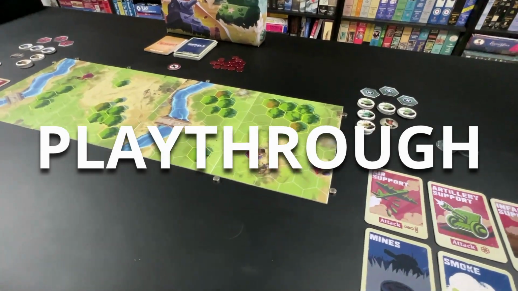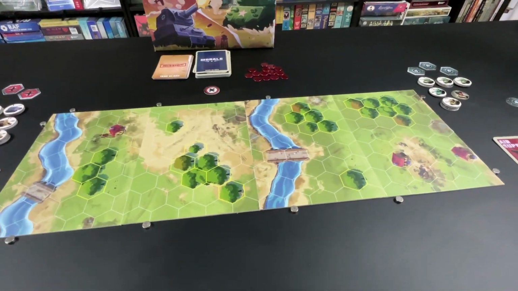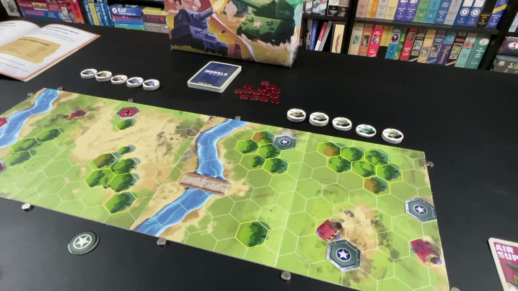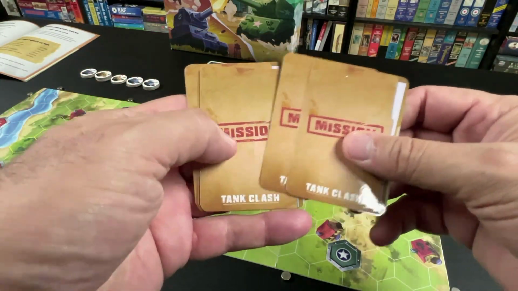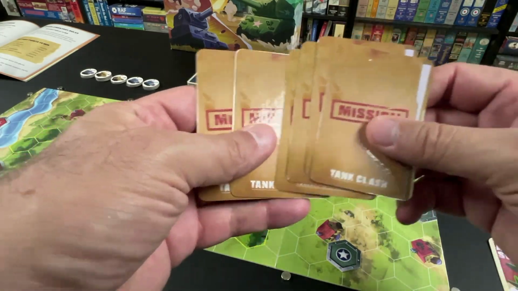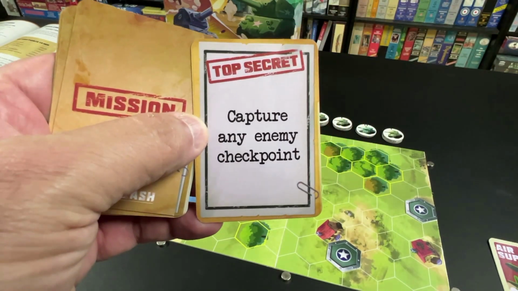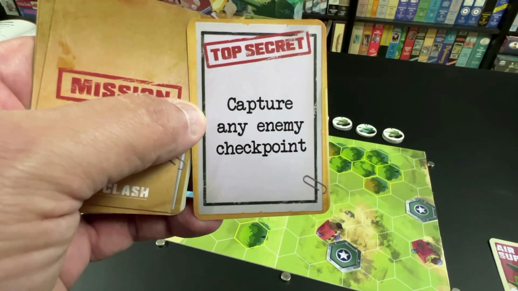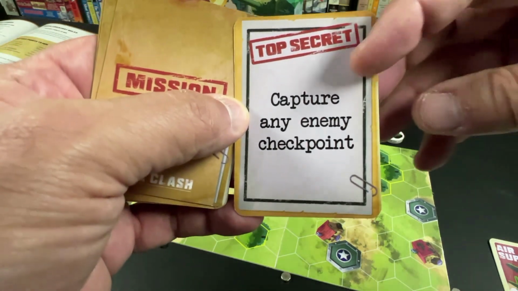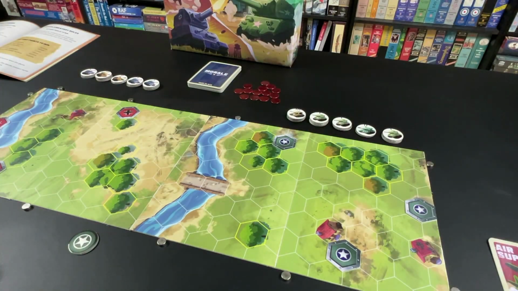Now we'll play a full game, but using the victory point conditions to determine who wins the game. Now this game includes these mission cards, which if you're playing with them, you randomly draw a card and secretly inspect it, and that's your top secret mission. If you accomplish it, you win the game. But because we're going to play solo, we're going to use the alternate method of determining victory, and that is